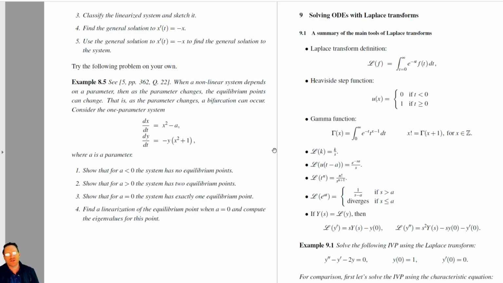Well, with that, what you would do is, after you linearize and sub in your (0, 0), you take the trace and the determinant of your matrix A, and you use that stability chart there in chapter 7 to classify what it is. Okay, and then finally,